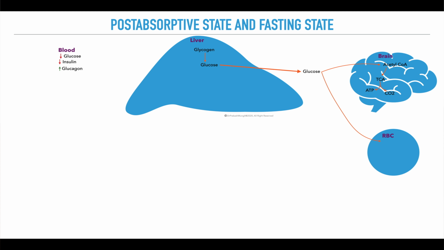Similarly, the red blood cell conducts anaerobic glycolysis, converting glucose into 2 pyruvate and 2 lactate molecules and getting those 2 ATPs. Meanwhile, insulin is decreased and glucagon is increased. This glucagon breaks down the triacylglycerol stored in the adipose tissue by stimulating the hormone sensitive lipase enzyme, and thereby when the TAGs are broken down, you get fatty acids and glycerol, right.